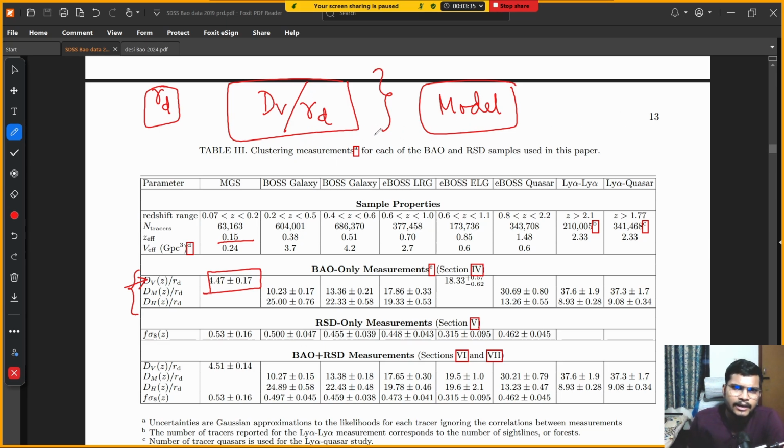First of all, I'm going to tell you that rd depends on various quantities. Since we are talking about the very early epoch of the universe, rd basically depends on the geometry of the universe, as well as the components that are present there. Since we are building our model and focusing on the late time epoch of the universe, here we cannot simply obtain the rd information from the early time. So what we have to do is treat rd as a free parameter. rd has some kind of integral form, but we can say that